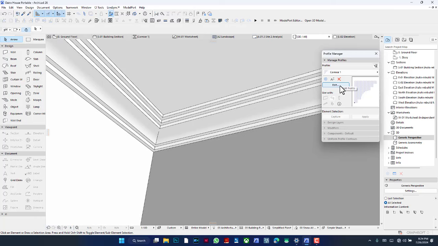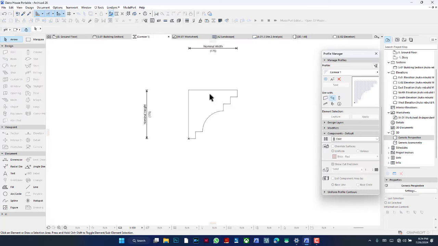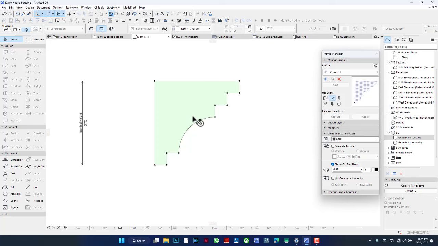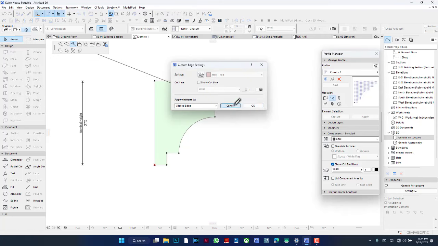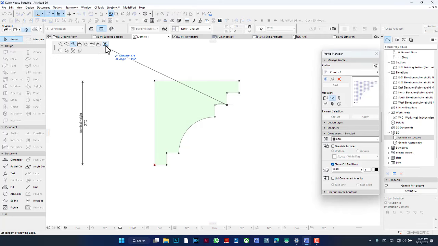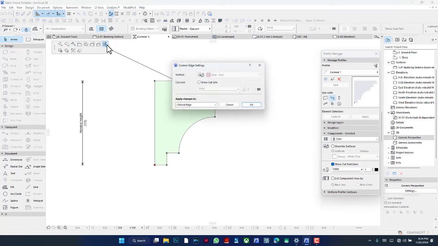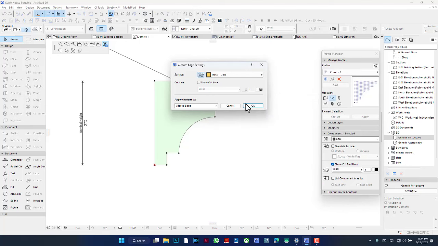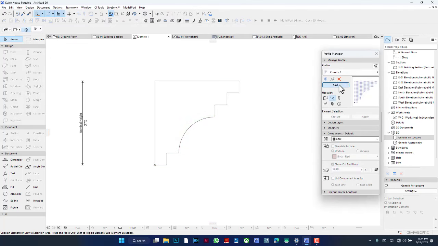Okay, to just put a bit of icing on the cake, if you are doing interiors where you might actually want coloring on this, you could set, say, only this face down here, this particular face, to have a gold finish. And to do that, I click on the face, then I click on this last icon right here that says custom edge settings. I change its own surface to gold, and once I set it to this metal gold and resave, I now